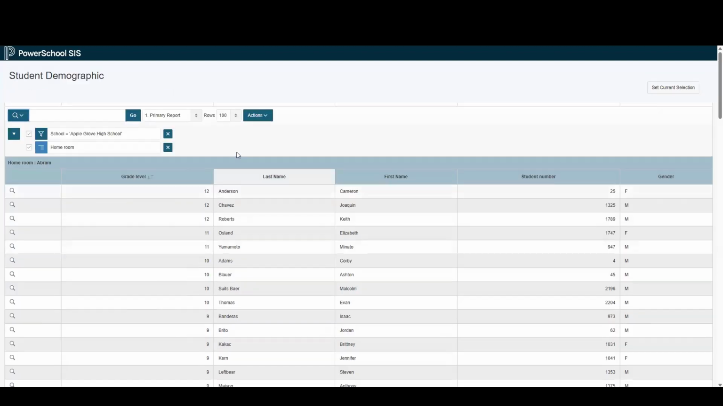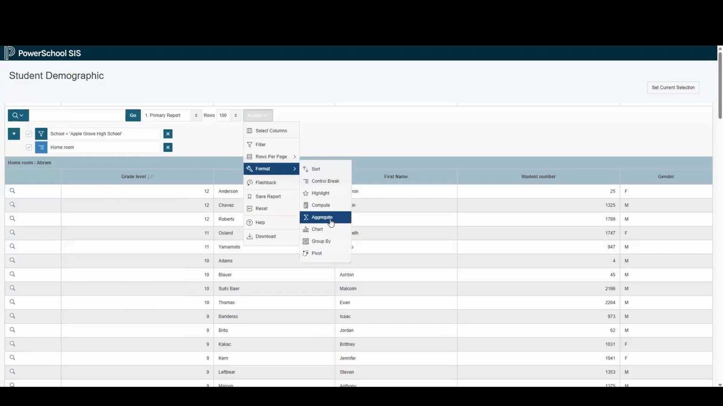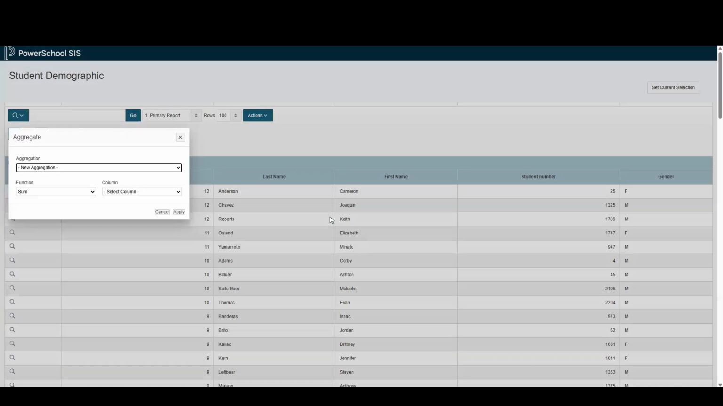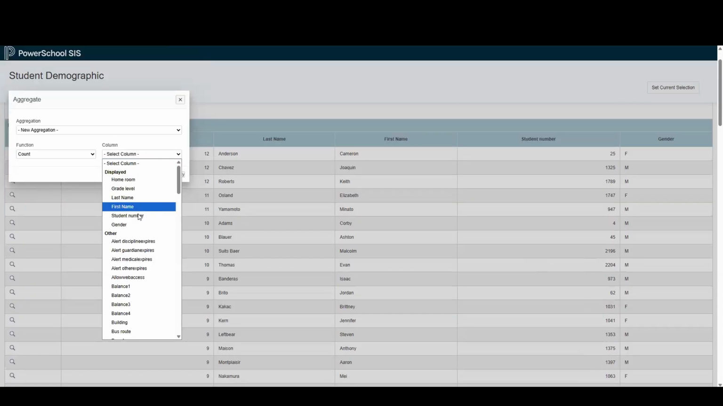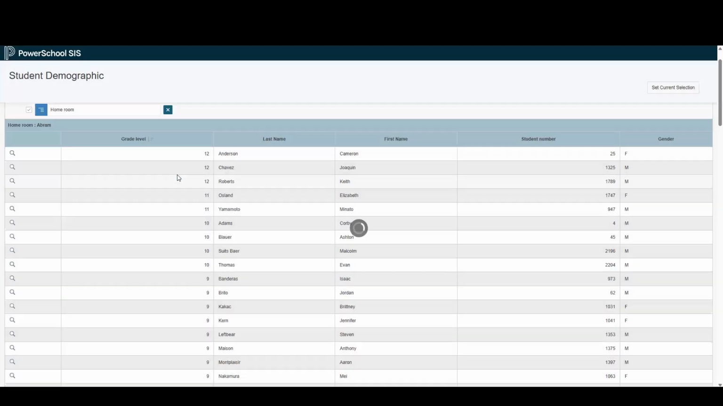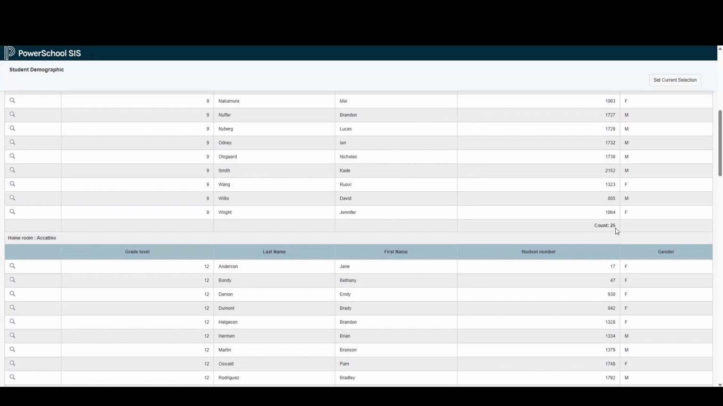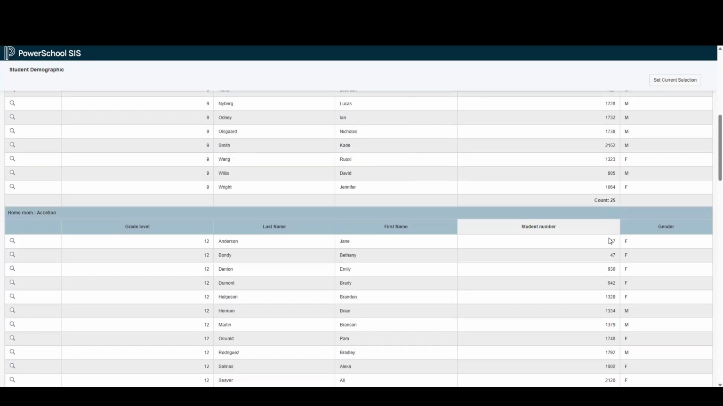So up here in the Actions menu, under the Format, we're going to click Aggregate. And we are going to select in the function, we want to count, and what count of what column? Well, we don't want a count of homeroom, we want a count of student numbers within each group. So if we select student number and apply